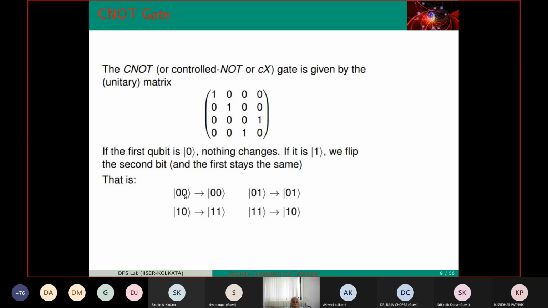Now what does it do? If the first input is 0 and the second input is 0, nothing happens. It remains 0, 0. If the first input is 0 and the second is 1, nothing happens either. Basically, if the input is 0, nothing happens. If the input is 1, then changes take place. The word control comes from there. If controlled by 1, if the entry is 1, then there is a negation. 0 becomes 1. If the entry here is 1, it becomes 0. So this negation is controlled by the entry. If the entry is 1, change will take place. Entry 0, nothing will happen.